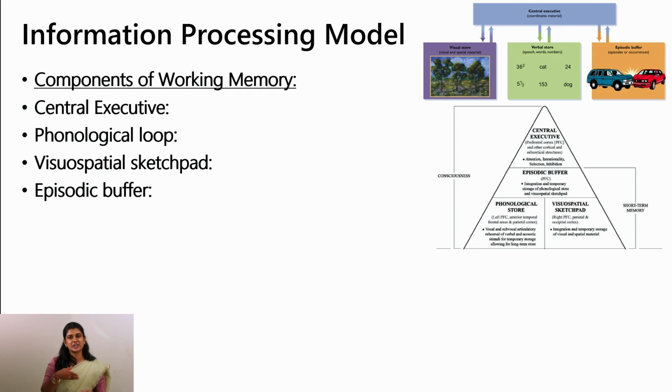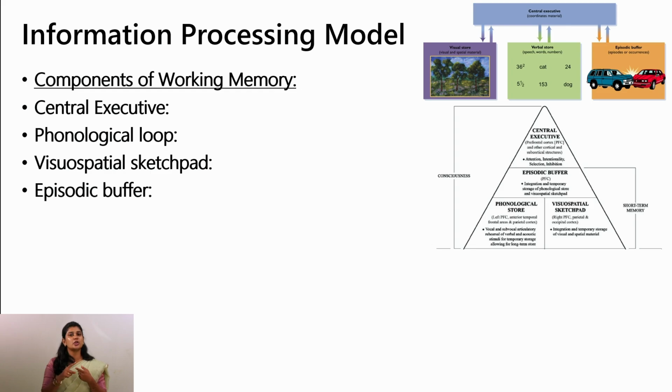First, we have the central executive. This component acts as a control system of working memory, directing attention and governing responses. It is responsible for coordinating the activity of other components and deciding which information should be focused on and processed further. The central executive plays a critical role in managing cognitive resources effectively, ensuring that we can prioritize tasks and switch between different types of information as needed.